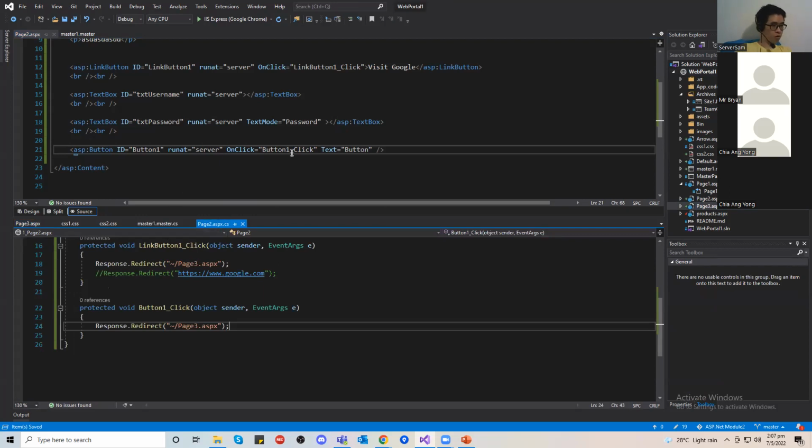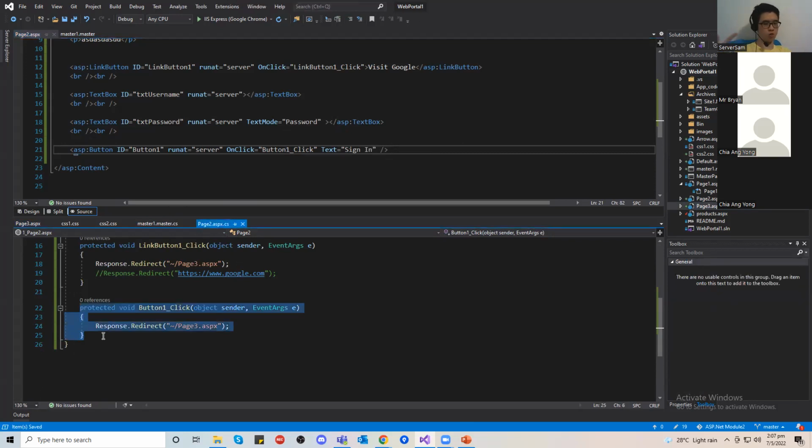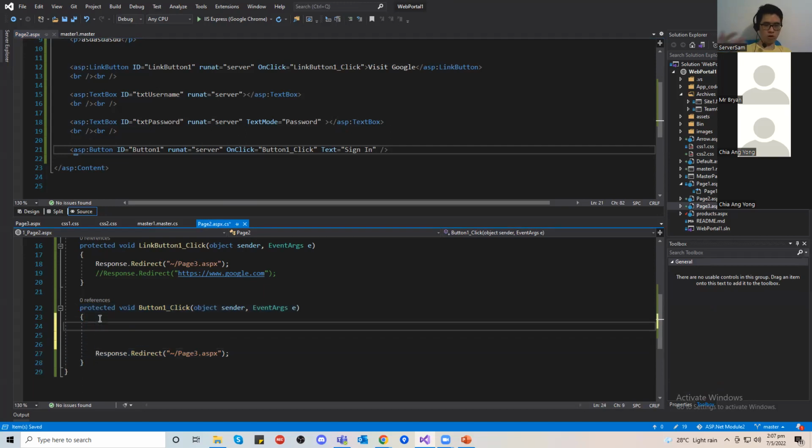Whenever you click the button, maybe let's change it also. Sign in. Whenever you click the button, it fires this one. But then we need some authentication. We need to say, okay, if your password equals this, if your username equals this, then you can log in, for example, right? Same thing, if you all know if else, right? If bracket,